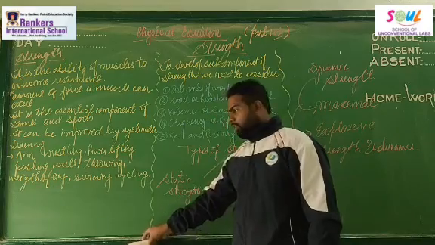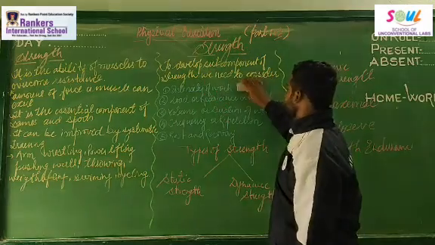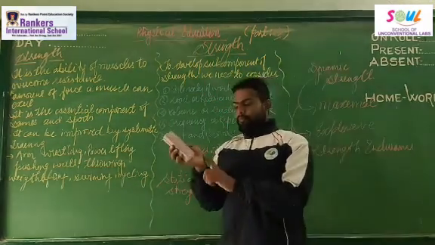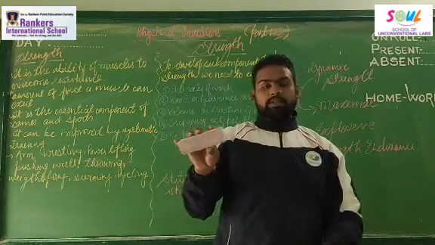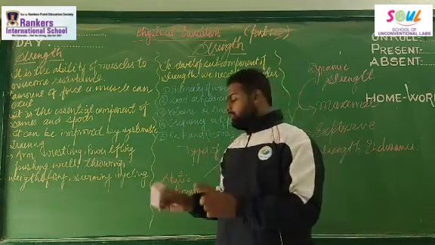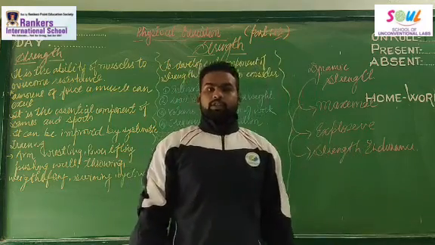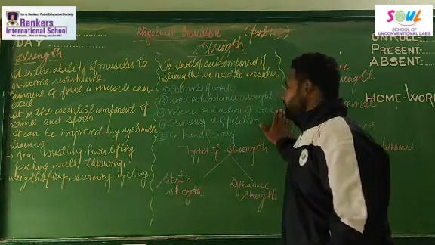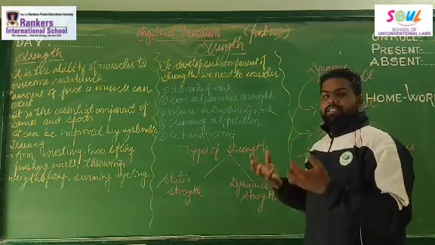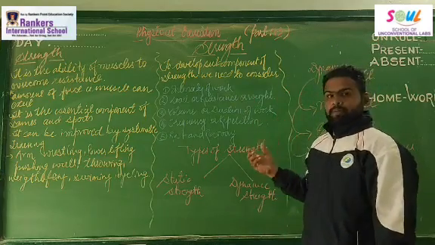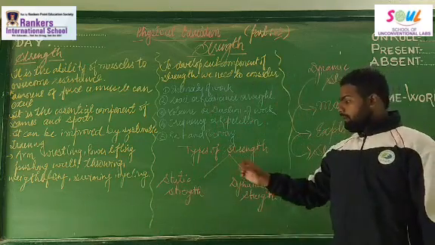This is the duster, right? If I put some force on this duster and rub it, it moves, because my muscles have the power to push something. So my muscles are able to overcome the resistance, right? If I push this board with my hand, it is not moving, because my muscles have low power compared to the board. But my muscles have enough power to move this duster. That's why I am able to move the duster.